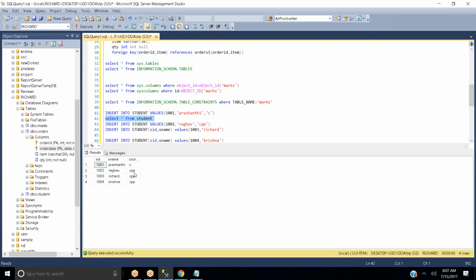Try to execute and see here. Right now you are getting CPP, right? Yes, Raghav? Yes. And now you got an idea why you are getting CPP by default. Since you have defined your student table in such a way that whenever you are not entering a course value, you need to get your course as CPP. That's the reason why I'm getting it here.